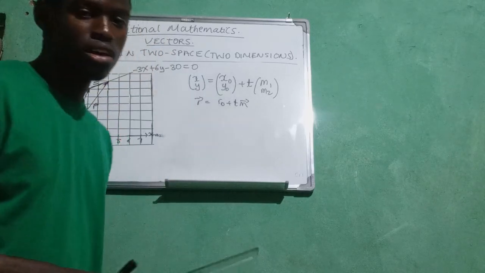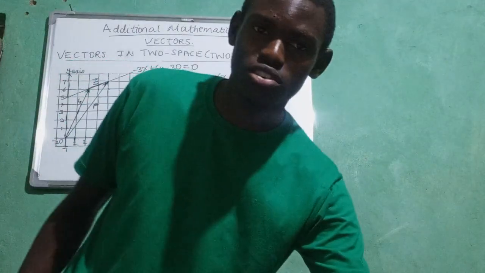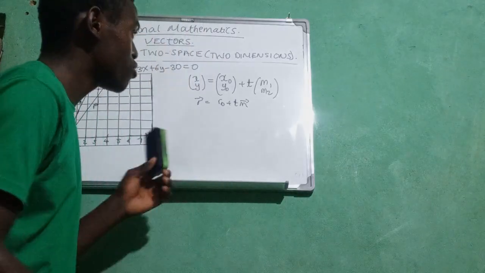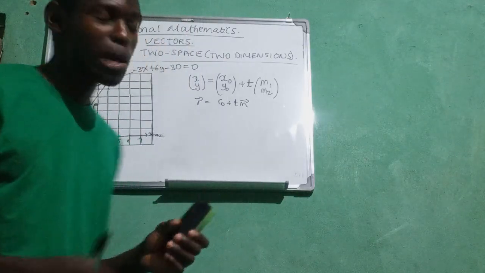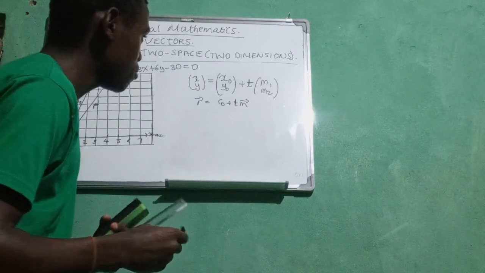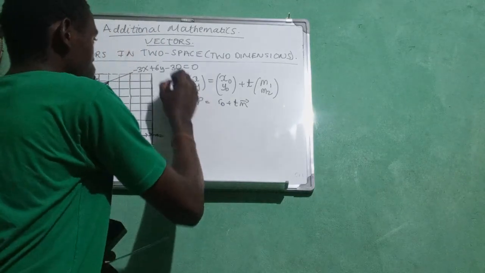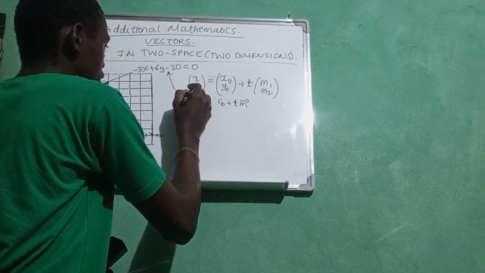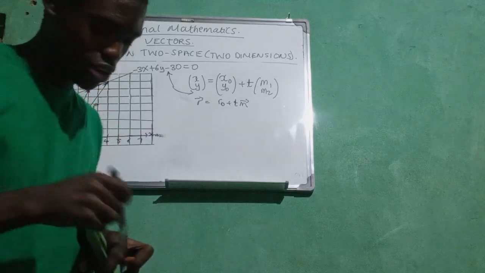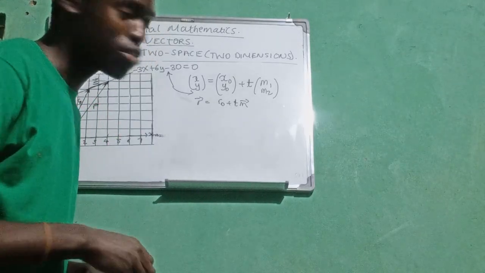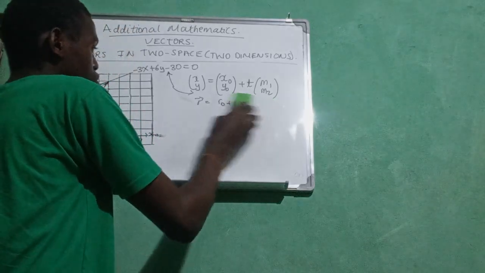That is the format. Now we said in the previous video that from a vector equation, we can come up with this equation here called a scalar equation. So how can we come up with a scalar equation from a vector equation? We can use 2 main methods. The first method is to use